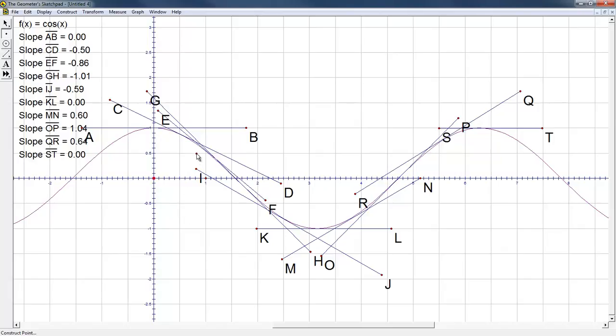And then CD, the tangent, it's probably about right there, around 0.6 or so. The slope is negative 0.5, so put a point about right there. And then EF, let's see now, EF is this one, so